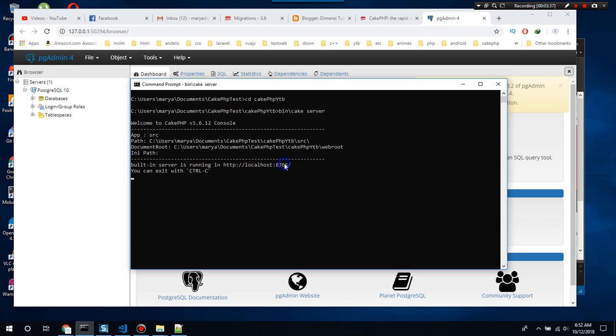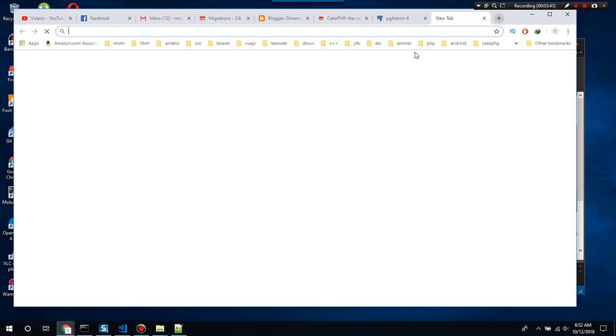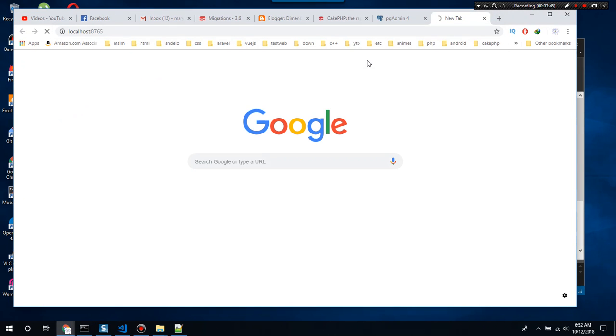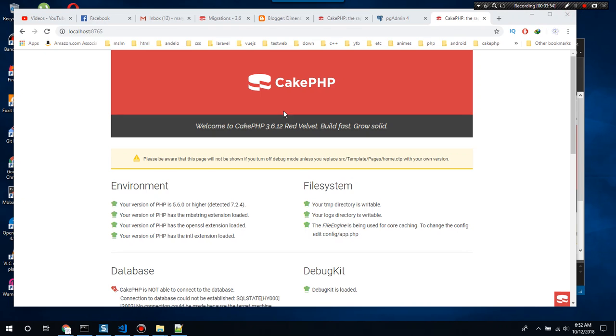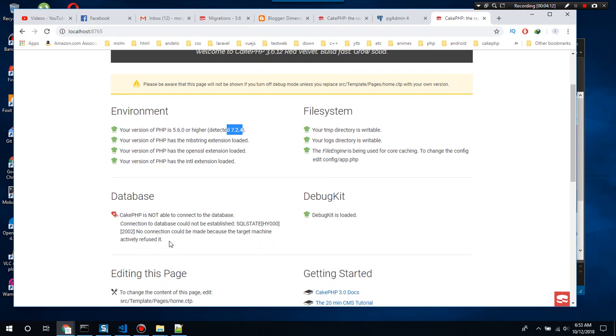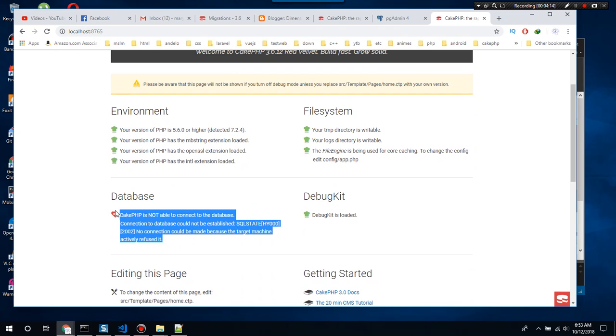So just open this one, paste it here, and we can see the welcome page of CakePHP, and we can see here my current PHP version. It's 7.2.4, and right now I haven't connected to any database, so it says the database is not able to connect.